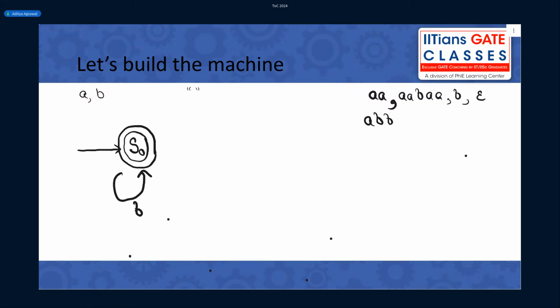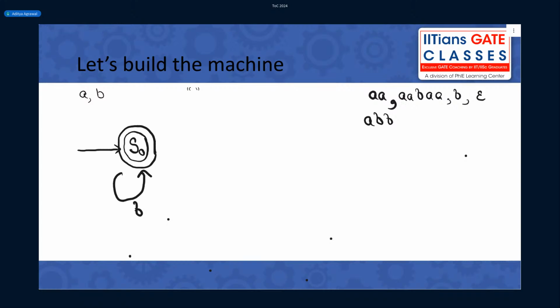Now the main thing comes when I read an A. If I read a single A, should I stay in S0? First, let's answer that. No, because if I stay in S0, then I will accept it, which is not allowed. A single A should not be accepted.